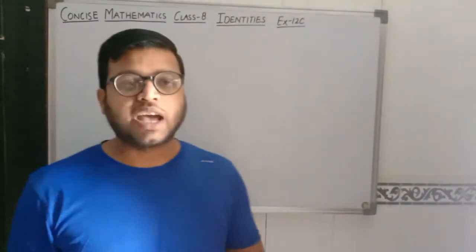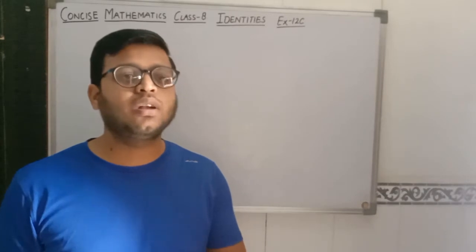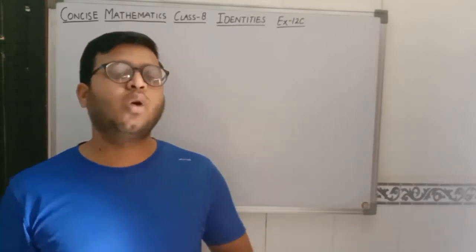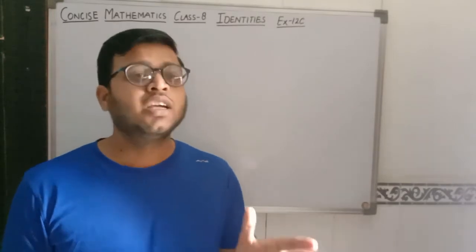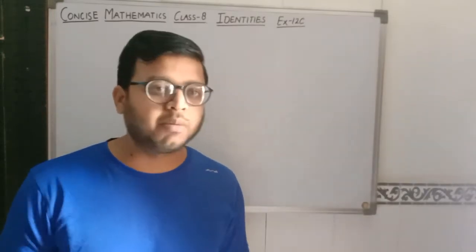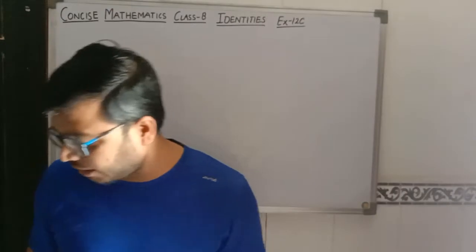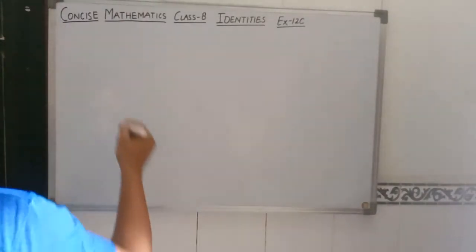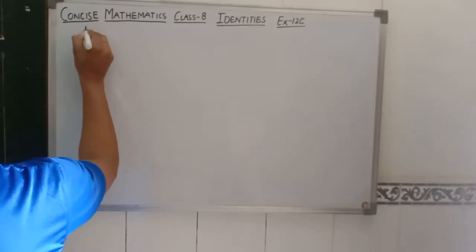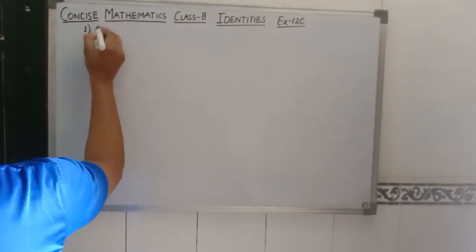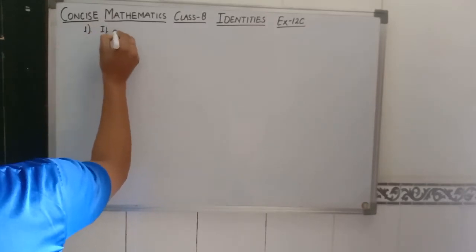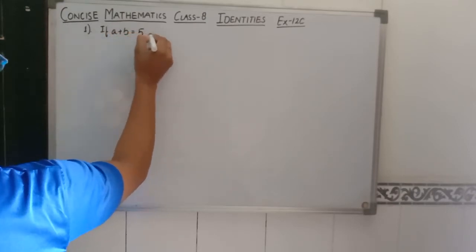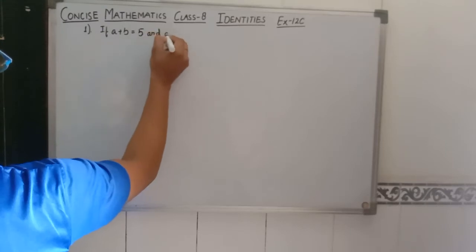In today's video, as I told you, we do not have to learn or understand any new identity. We have to work out from the very beginning all the identities which we have learned before. We have to proceed like that. Now, in this exercise, what type of questions are we getting? So question number 1 is saying that if a plus b is equal to 5 and ab is